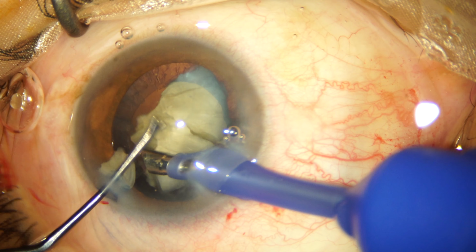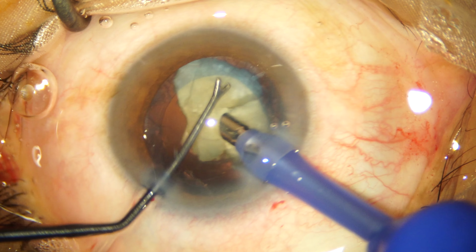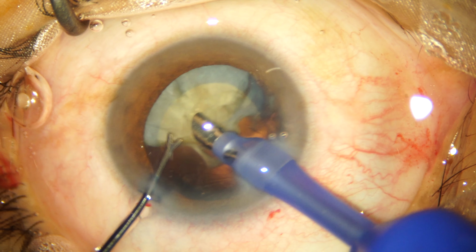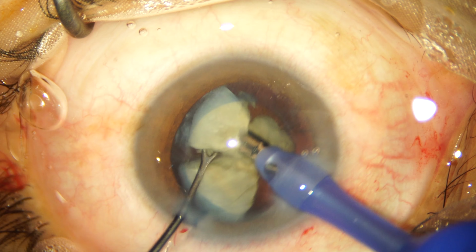Dear friends, I often use my white eyeliner or my second instrument as a secondary chopper to smash these individual nuclear fragments into smaller pieces. This affords me greater control during the emulsification procedure. And generally I don't like to keep a sharp chopper in the anterior chamber once I'm done with the nuclear separation,